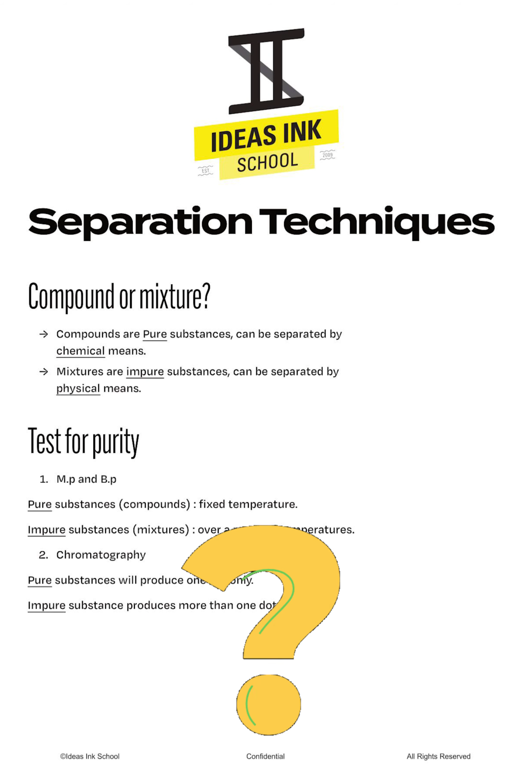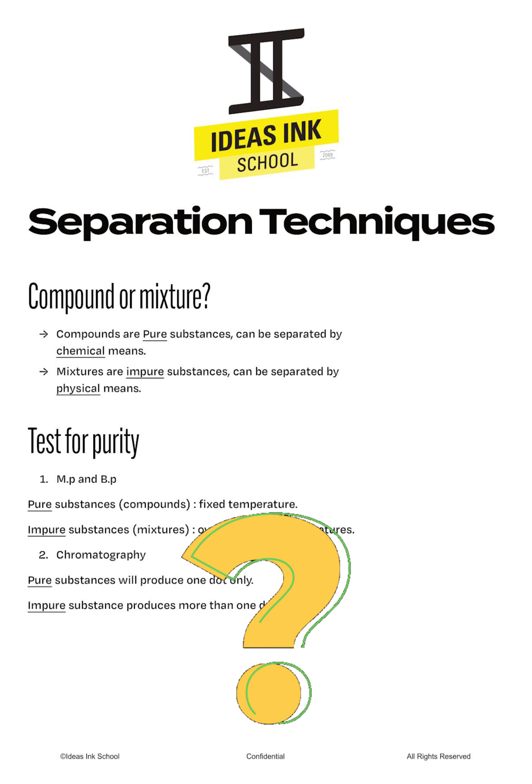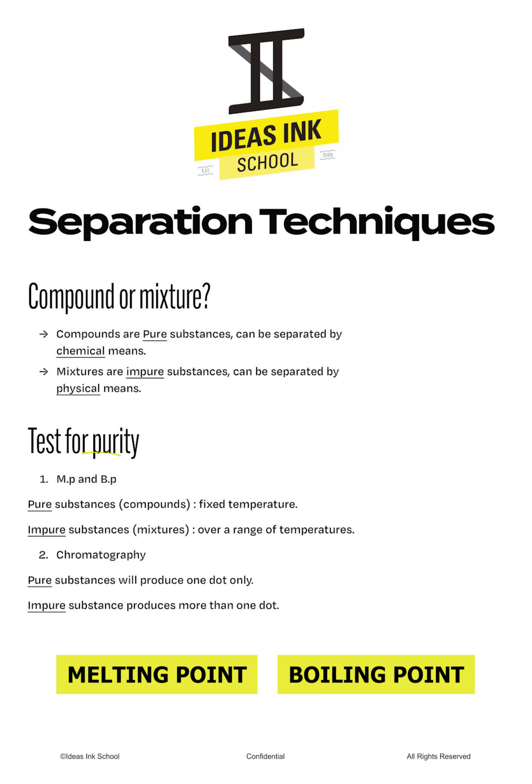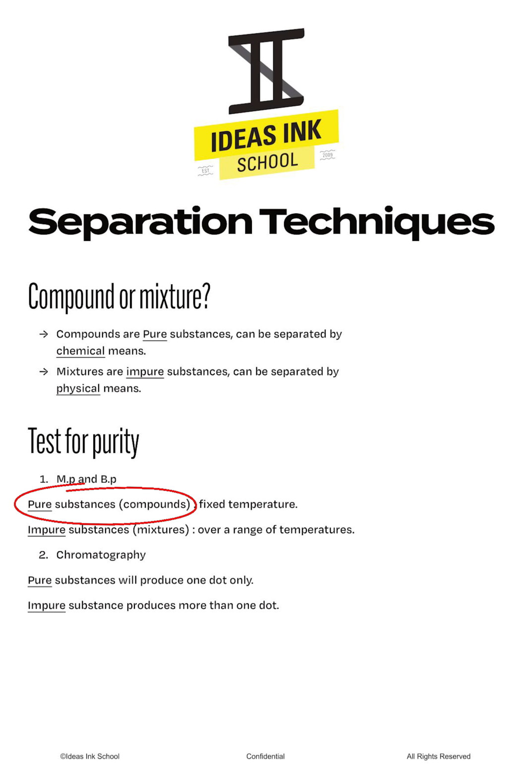But how do we test to see if a substance is a compound or a mixture? We can perform two simple tests. The first test is to determine the melting or boiling point of a substance. If the substance has a fixed melting or boiling point, it is a compound. However, if the substance is a mixture, which is an impure substance, it will melt or boil over a range